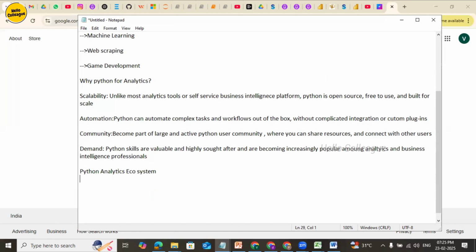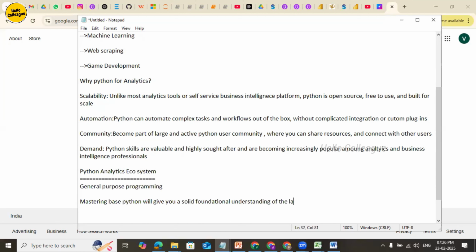Mastering base Python will give you a solid foundational understanding of the language, right, which is essential for using packages and libraries effectively,